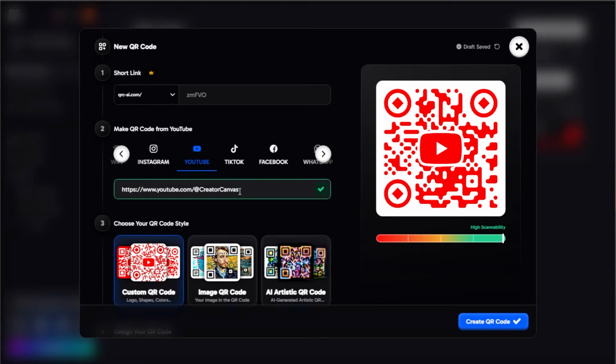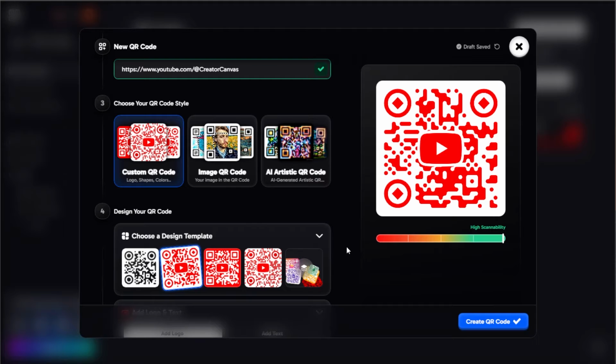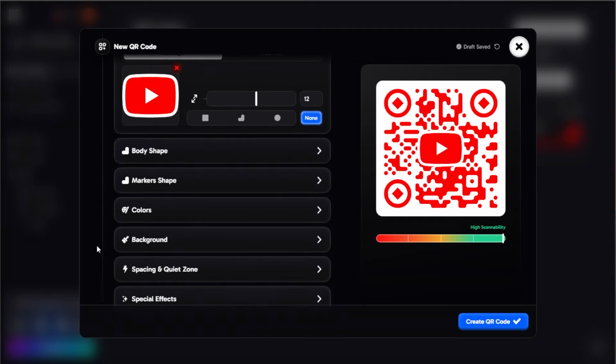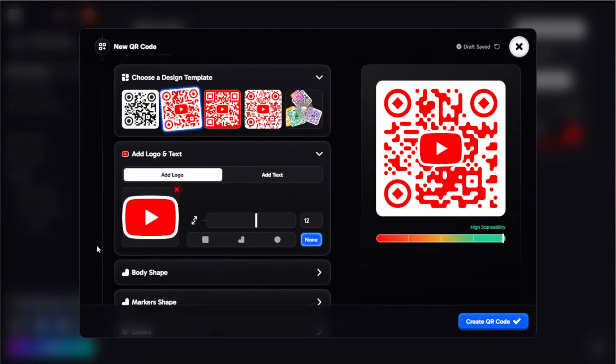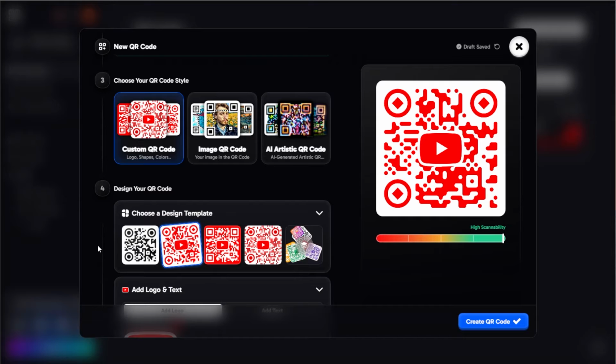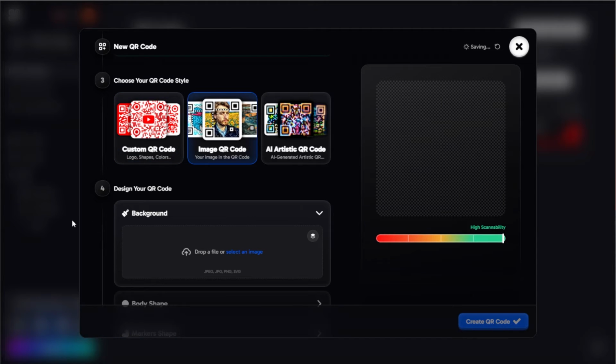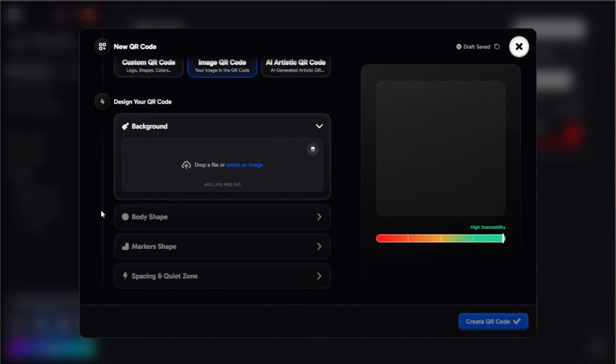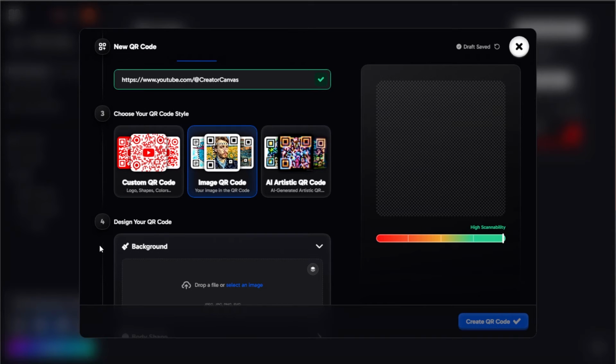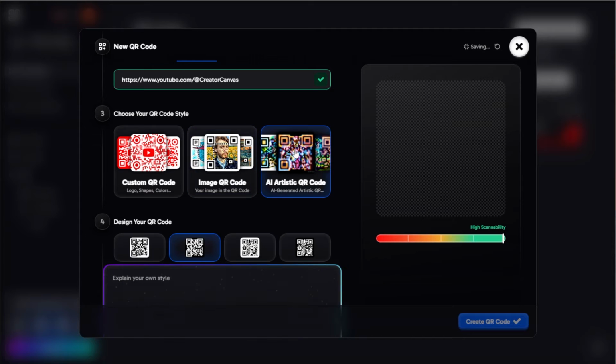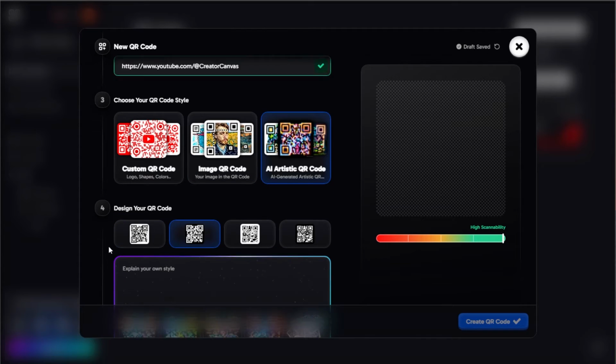Now we're going to choose the style of your QR code. Here, you'll see 3 different QR code styles available: a custom QR code, image QR code, and AI artistic QR code, which is what we're focusing on. Under the custom QR code, you can pick from pre-made templates, customized shapes, markers, spacing, and colors. And under image QR code, you can upload a background image and personalize the QR body shape, marker shape, spacing, and quiet zone. And finally, for the AI artistic QR code, you can choose from 4 design themes or styles,